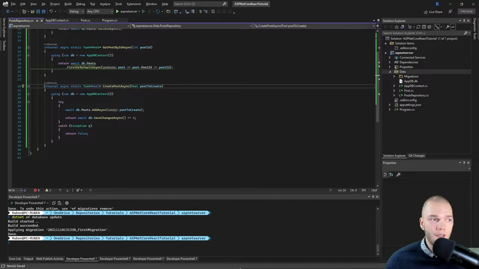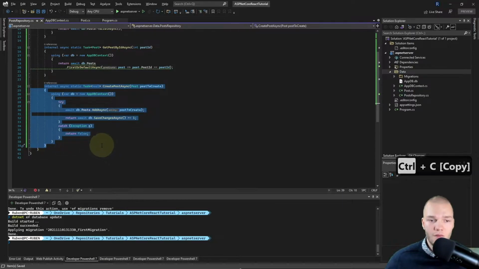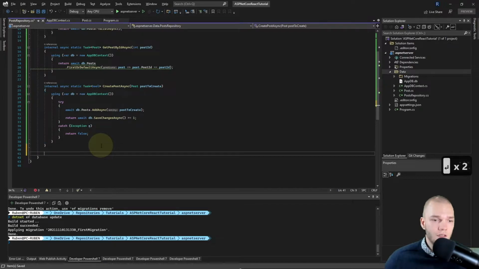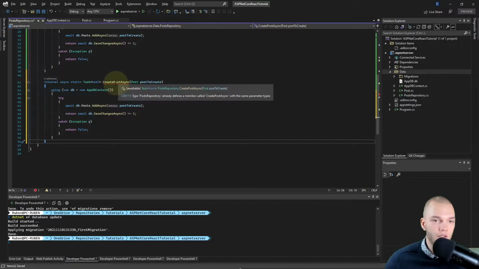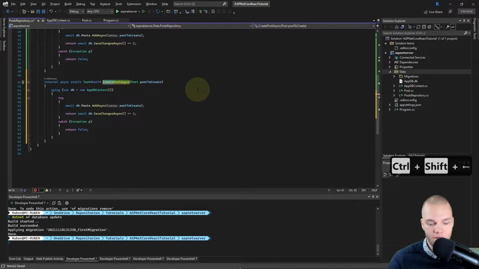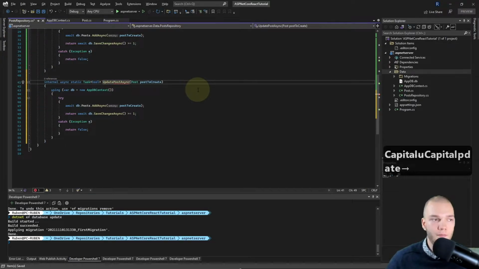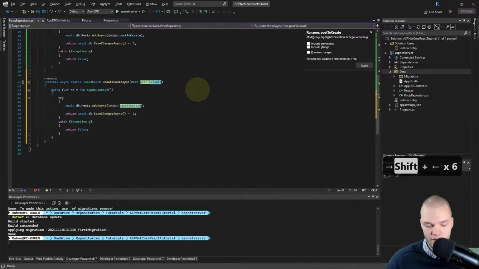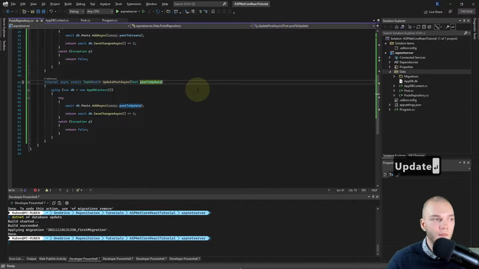And we can basically copy and paste the create method for that because they are very similar. So I'll copy and paste it and just change the name from create to UpdatePostAsync. And I'll rename this parameter with Ctrl+RR to postToUpdate.